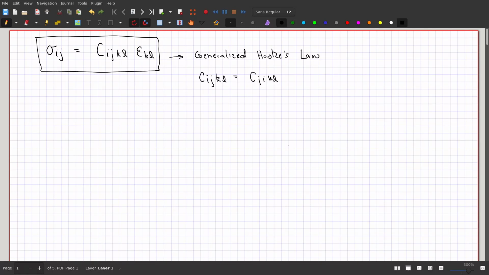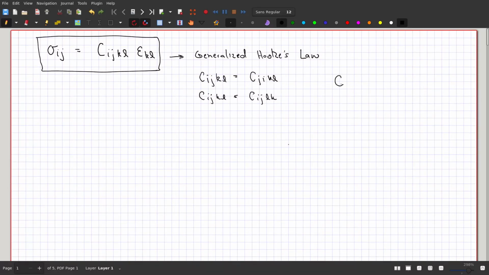Likewise, the strain tensor is symmetric. So since the strain tensor is symmetric, C I J K L must be equal to C I J L K. And then I think in the other lecture on elasticity, I talked about that, C can be derived from a strain energy density functional. Okay, so when I say strain energy density functional, you can think of it just like, those of you more familiar with thermodynamics, like a Gibbs or Helmholtz free energy, right? So it's just some statement of the free energy that includes work that's done by deforming the material, right? So if you have some strain energy density functional,